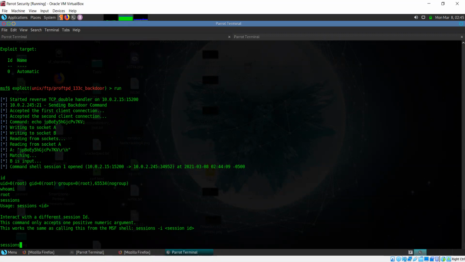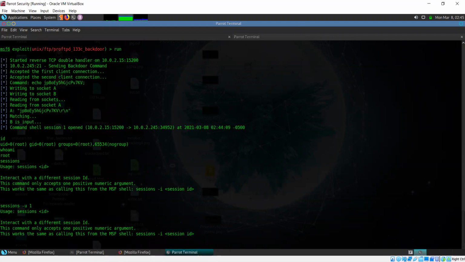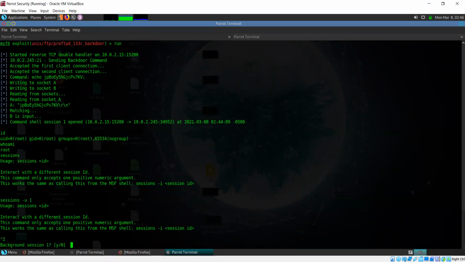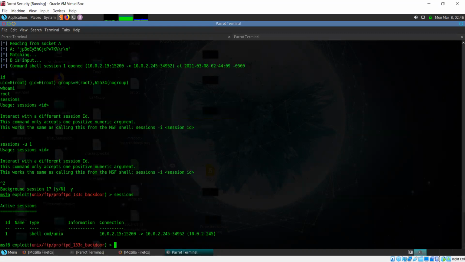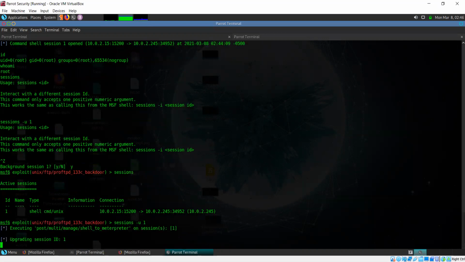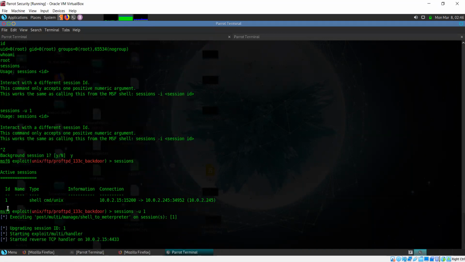So sessions upgrade and ID 1, because this is command shell session 1. Okay, I need to background this session first. Now sessions. There is one session. I need to upgrade this. -u for upgrade and session ID 1. Actually, this is the ID that I'm using.